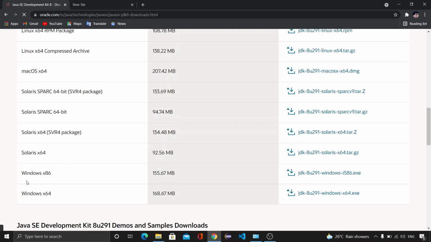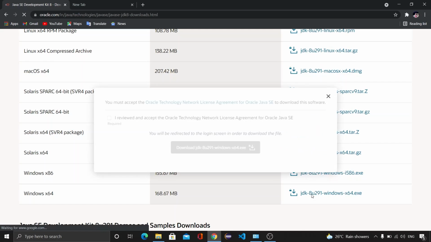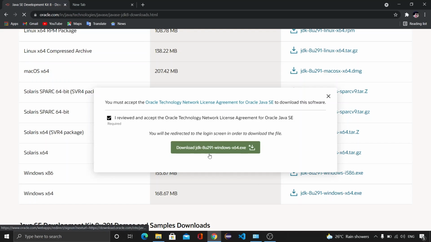Here we have two Windows files, and since we have an x64 based processor, we will install this Windows x64, which is 168.67 MB. So we will click here. After that we will accept this and click on download JDK.